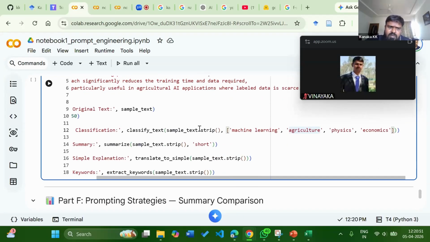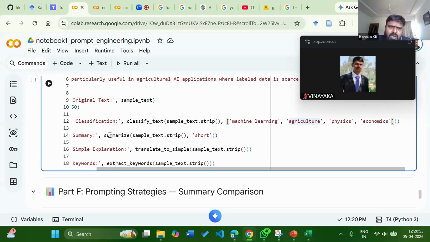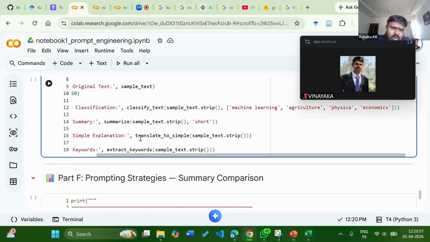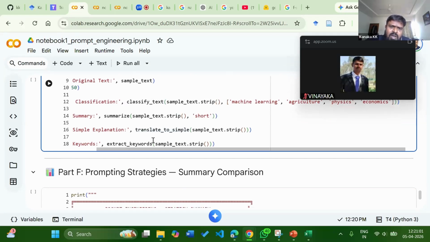Okay, this is classification. Next, summarize, which means the model has to summarize this text. Next, I will ask it for a simple explanation. Then I will ask it for extracting some keywords. Okay, see,